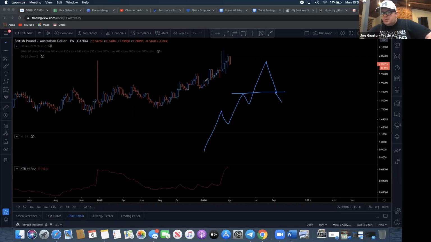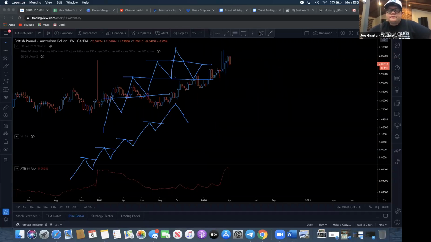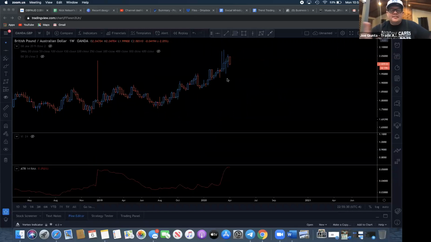Do your research, do your market structure, and you can literally set your stop loss that many pips, and know that you should be safe if your chart markup was accurate. Because if your chart markup was accurate, we shouldn't be seeing a reversal. We should be seeing a continuation, right? So that's the ATR. Now I'm going to show you something that takes that and it just goes crazy on it.